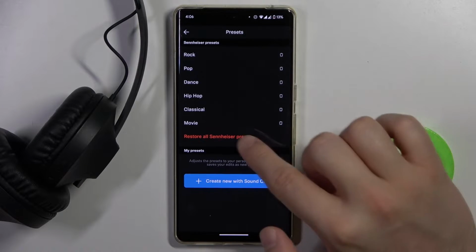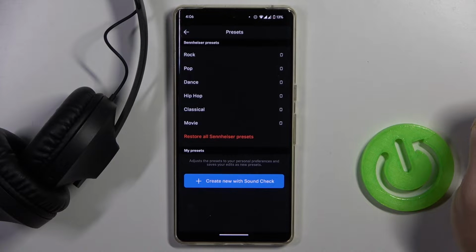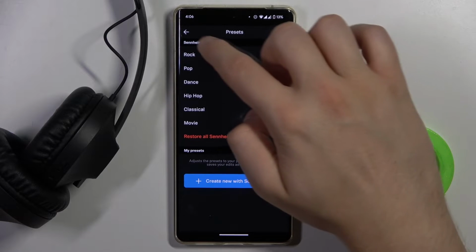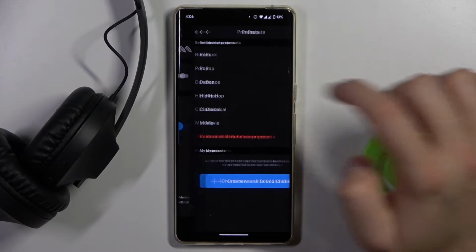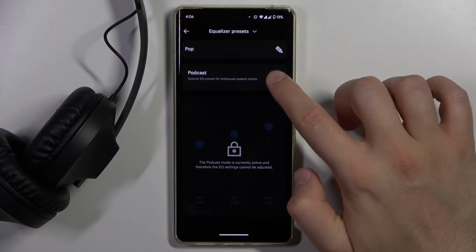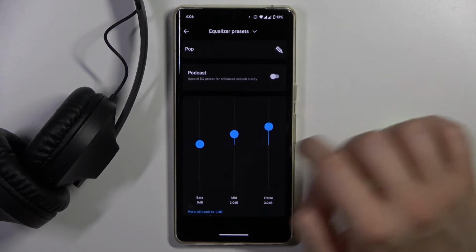If you want to restore all presets, just click right here, click yes. As you can see, they still appear because it was about removing the custom presets. And if you want to switch the presets, all you have to do is just click like that and it will switch. You can also turn on the podcast special equalizer to get speech clarity, but you can